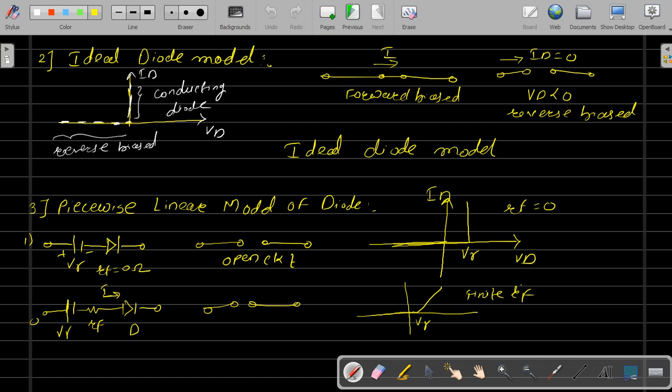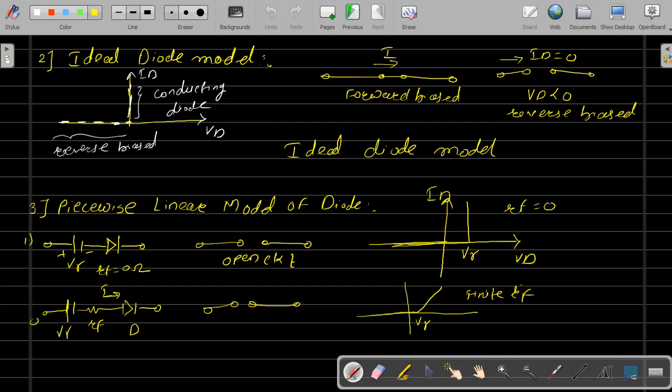And when you don't apply anything, or when you apply reverse bias, all the charge carriers move away from the junction and no current flows through the device, so the current is zero, a completely open circuit. That's what we can see over here. The moment you apply a battery to it, it gives maximum current. When you give reverse voltage, no current flows through the device. This is your ideal diode model, which will not happen in practice. This is only for the sake of theory. Practically, that won't be the case.